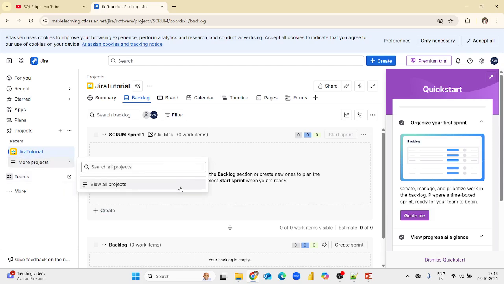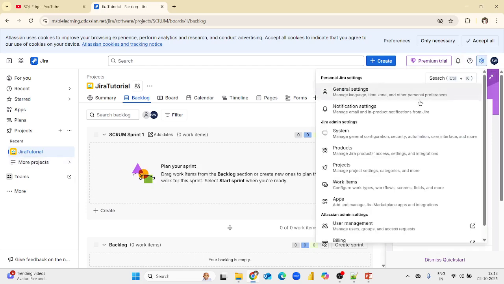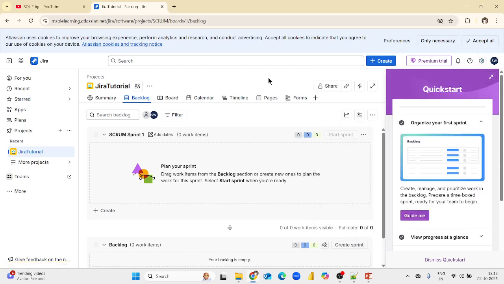Here we are having the details about the project. So to add the people within your team, you can go to the settings simply, right? We'll be having the options here: general, notification system, product, Jira settings, and all. Okay, before adding to the team, I would like to show you how to create user stories, how to